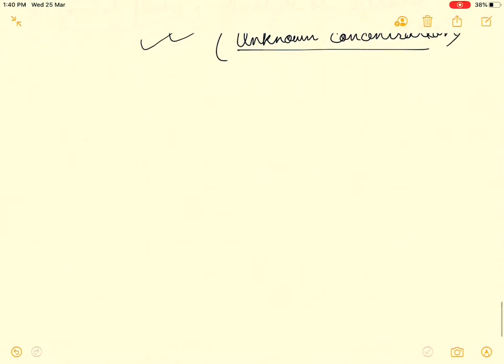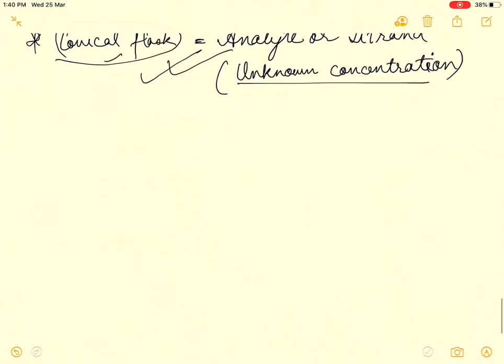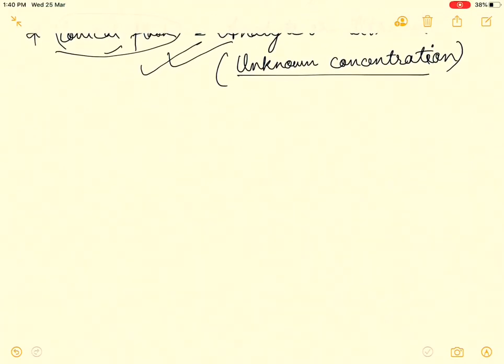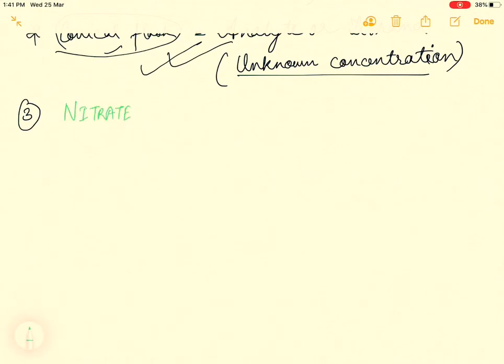Okay, so we'll meet again with the third chemical characteristic, which is nitrates. So nitrate content,